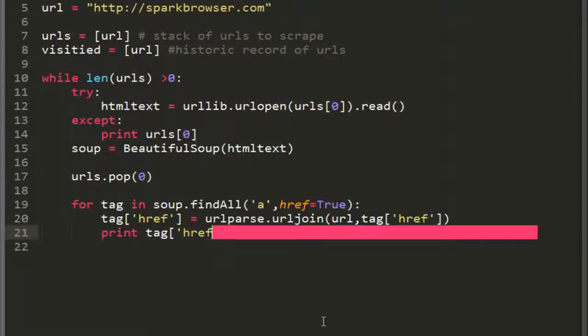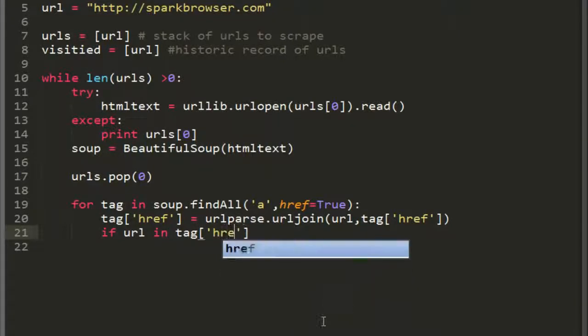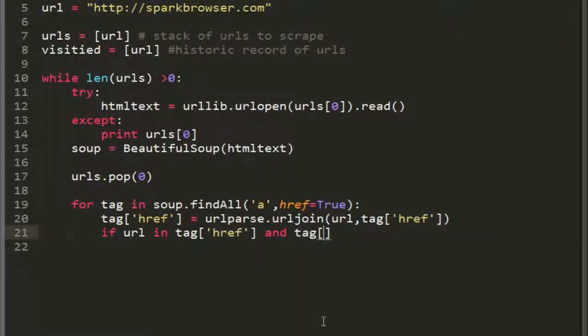So for each URL we find, I'm going to say if URL in tag of href and tag of href not in visited, we are going to